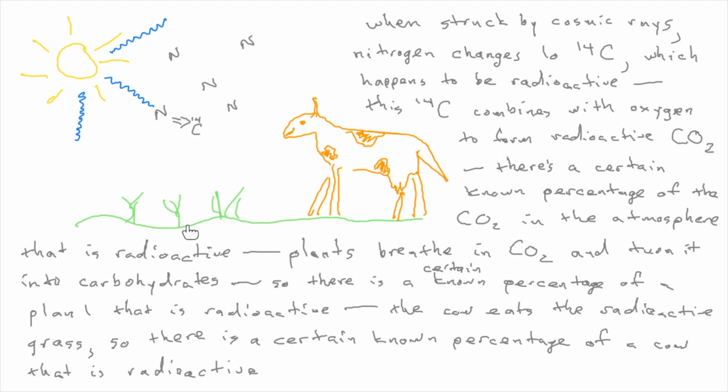And you think, yeah, but I don't like plants. I'm more of a carnivore. Well, okay, the cow, it's still, well, what is this known percentage? Well, ask a scientist. That's fine. But then what about the plant? It's exactly the same percentage, because the plant is breathing in the CO2. That's what it turns into. And then the cow, it's exactly the same percentage. Kind of interesting. Well, let's go on to the next slide.